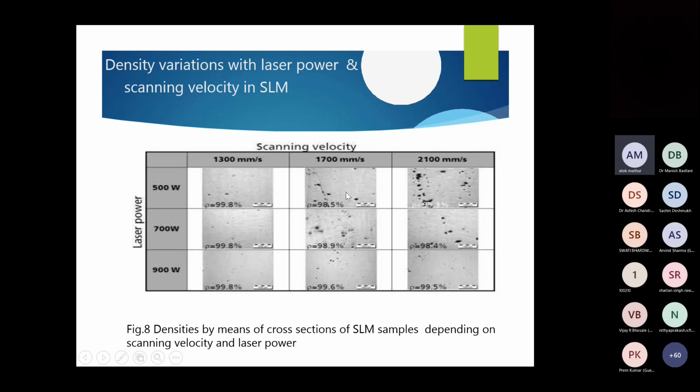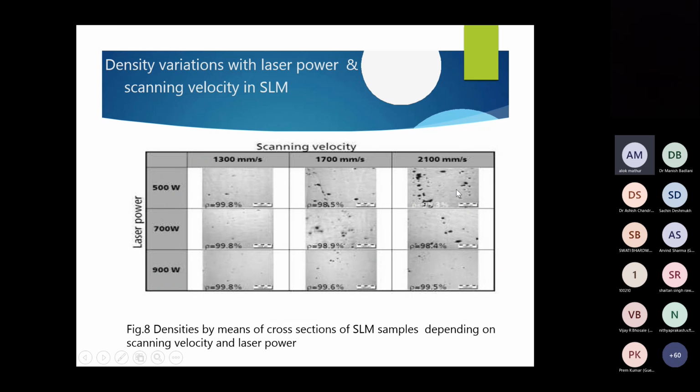But similarly, if we increase the scanning speed but the power is the same 500, you can see more pores, more defects. You can see small pores are increased. Earlier you can see only 2, but now here we have a greater number of pores. So scanning speed should not be very high, because we should give sufficient time for scanning the powder. Here you can see if we increase further, the pore size and pore quantity increase.